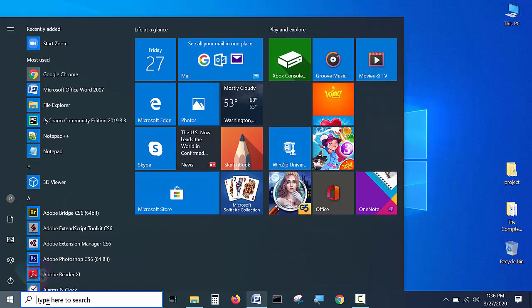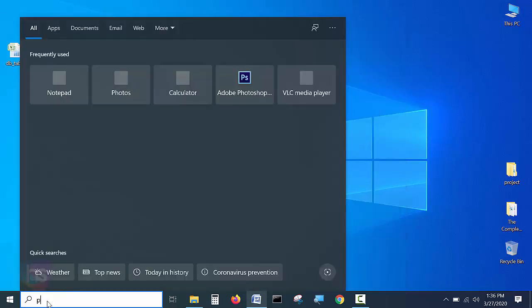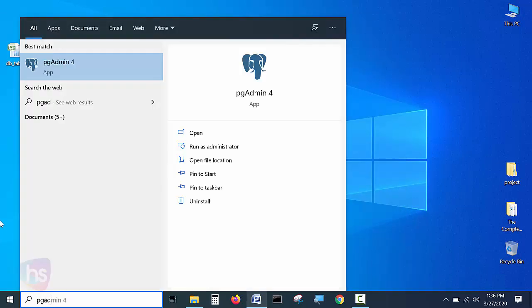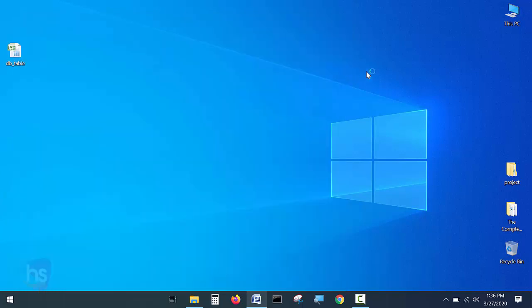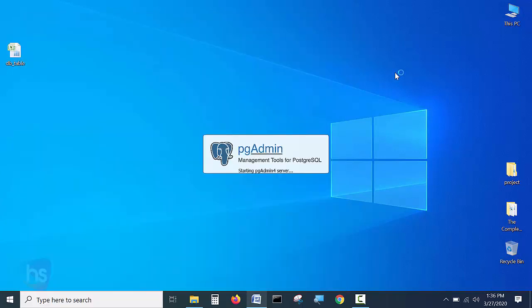Go to the start button, pgAdmin, select pgAdmin over here. Once it is started, you will be asked to enter your pgAdmin password as well as your database server password.